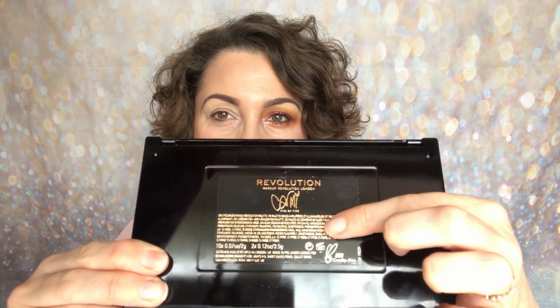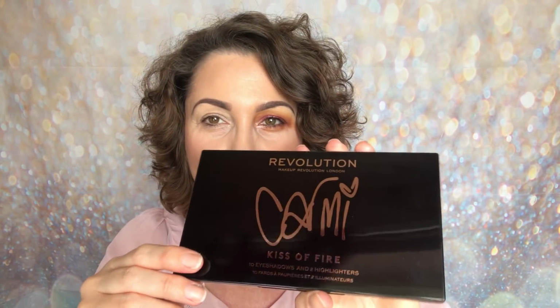And then on the back the colourway is carried through. You've got the black with the rose gold font there. Love it. I just think this is so gorgeous. It really is a classy looking palette. Then when you open it up,